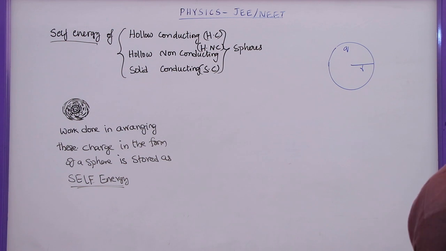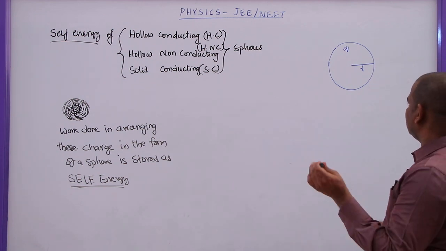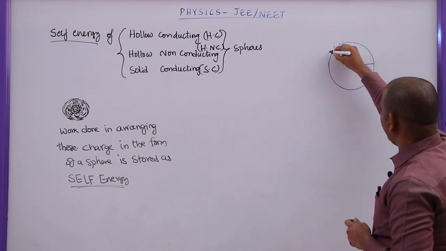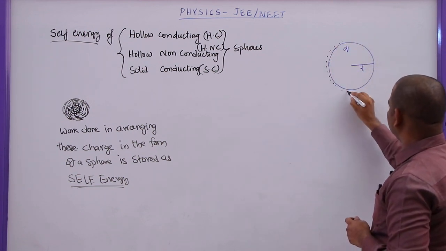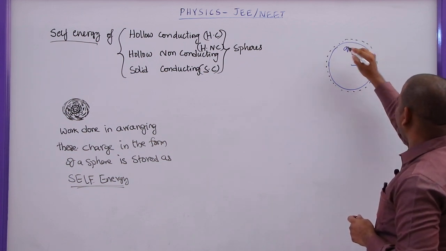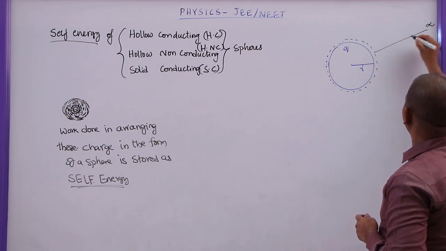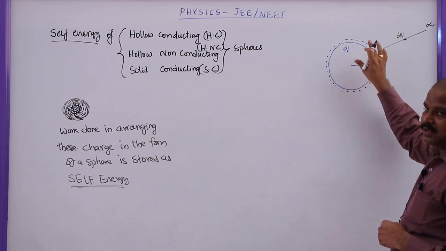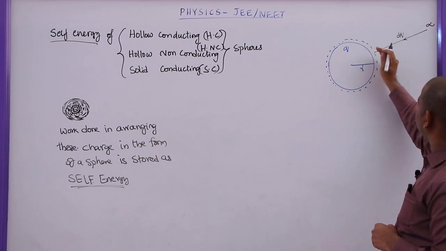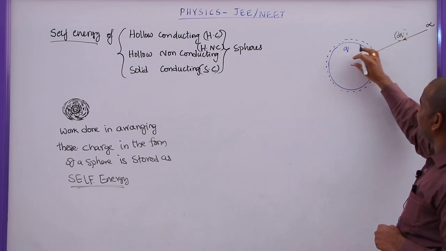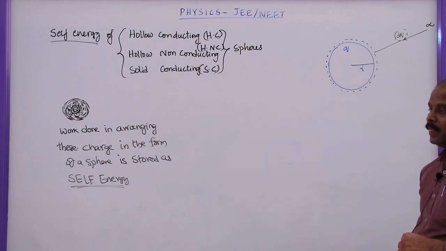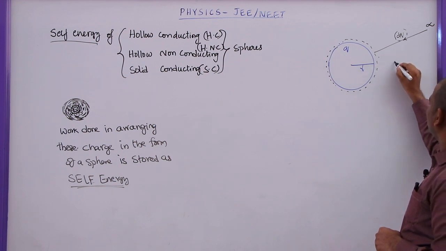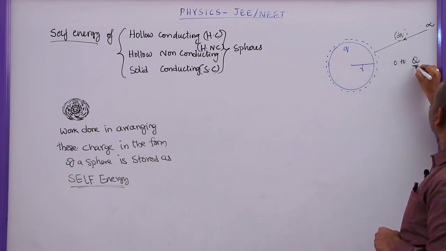So in this case, let us say this is a sphere of radius r with a charge q, and I am adding some more charges here. These are the extra charges added. I am bringing these charges from infinite distance. How much charge am I giving? dq. Already the charge present on this sphere is q. If I bring some more charge dq, the radius of this one gradually increases. Finally, I am increasing the charge from 0 to, let us say, capital Q.